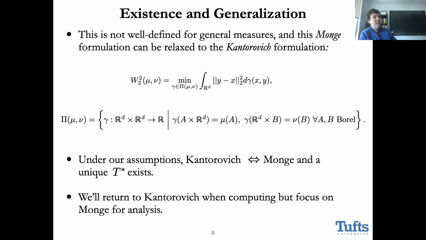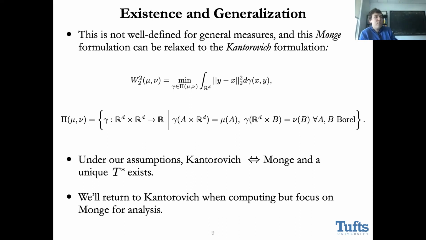So what we'll do to define this Wasserstein distance alternatively is to take the minimum over all probability measures gamma on R^d cross R^d that have marginals corresponding to mu and to nu. And what we'll do is minimize the sort of average distance between points with respect to one of these joint probability measures, gamma. This is, as you can see, something that's starting to resemble a linear program. The constraints on gamma are linear. They're just marginal constraints. And what is sort of remarkable about this relaxation is that it actually corresponds to the Monge problem under our assumptions.